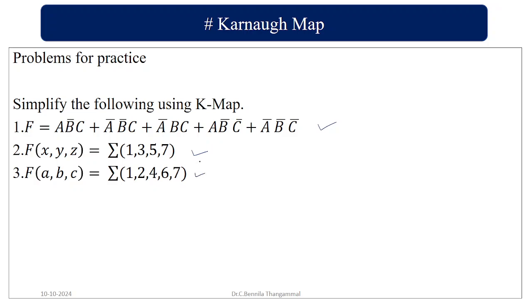In this one, what you have to do is, if your variables are given as capital ABC or XYZ or small abc, you have to use that particular variable. So for this one, instead of the small abc, you cannot use your capital ABC. The entire problem will go wrong. So you have to use whatever variable they have mentioned in the problem, the same variable. If they didn't mention any, you have the liberty to use your own variable here. Okay? So this is what your coordinate map is, 2 variable and 3 variable.